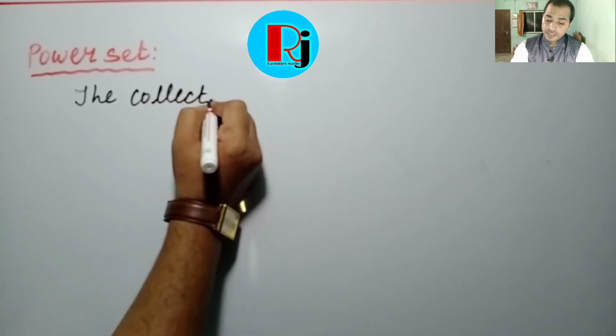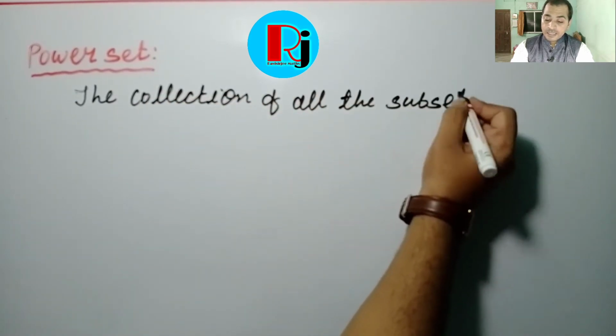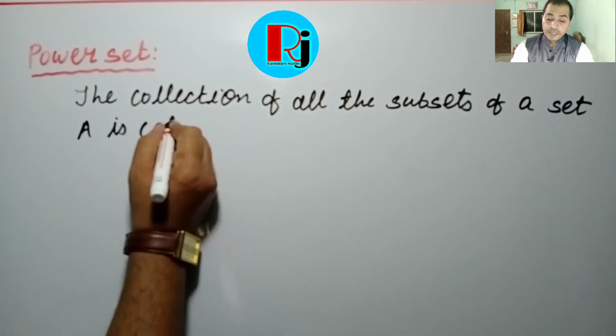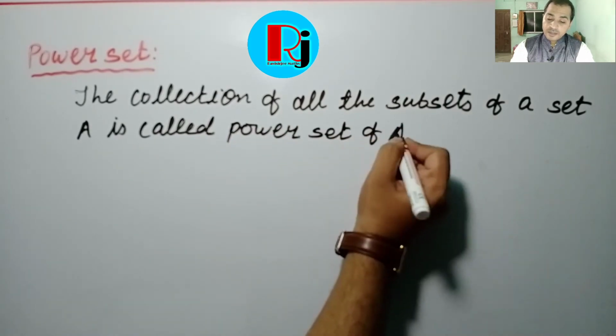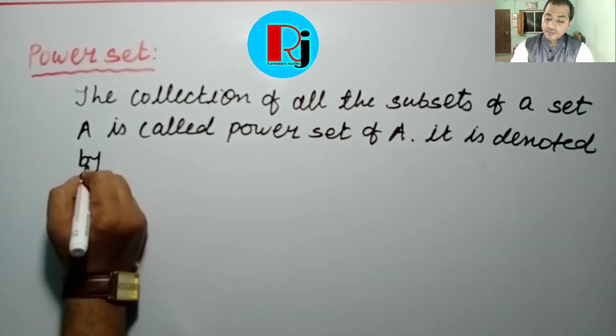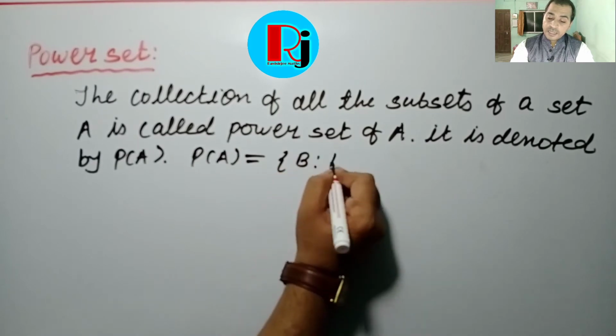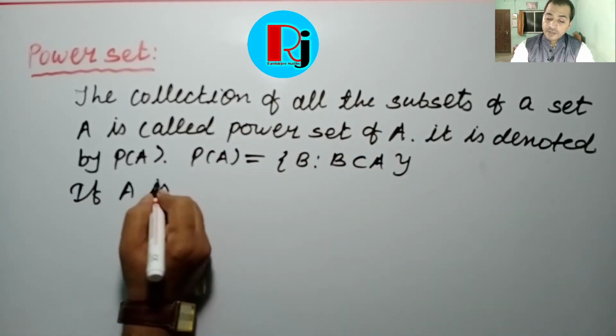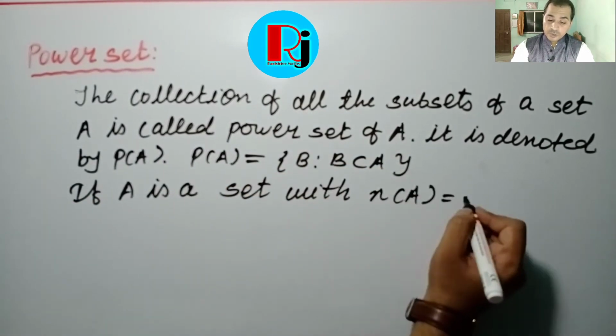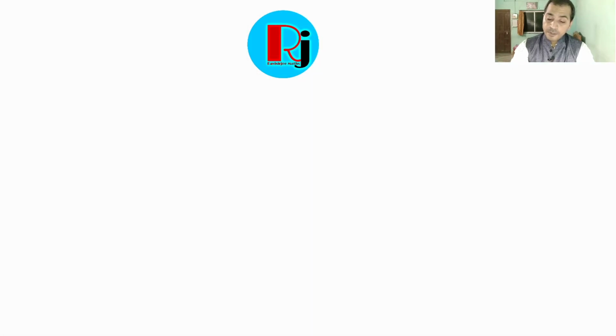Power set: the collection of all the subsets of a set A is called the power set of A. It is denoted by P(A) = {B : B is a subset of A}. If A is a set with order m, then